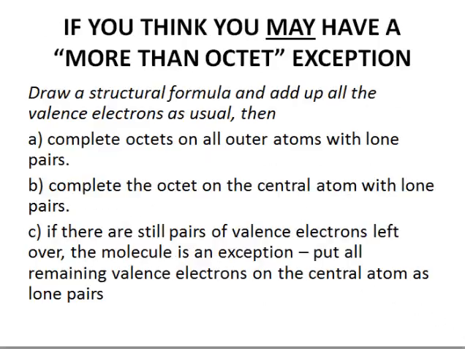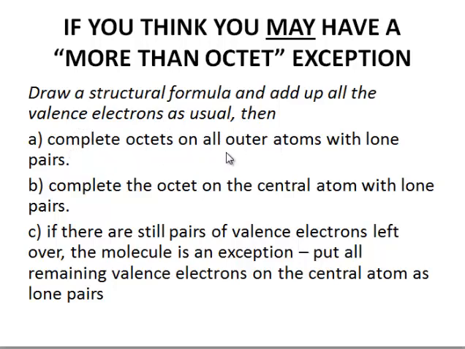Alright, so what does one do? If you think you may have a more than an octet exception, here's what you do. Do what you would usually do first. Draw a structural formula that shows how all the atoms are stuck together. Add up all the valence electrons. Use the periodic table to help you. And then